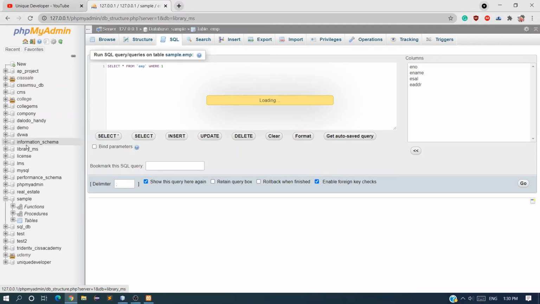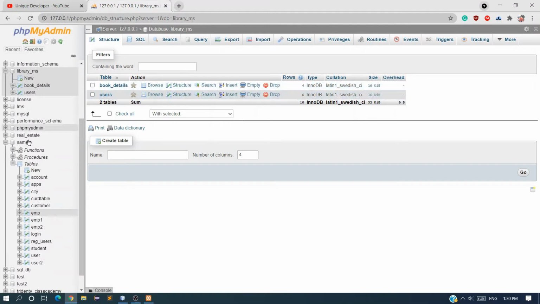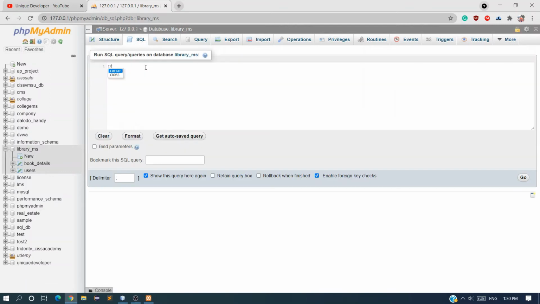You can see library MS, and we have already created two tables. Let me close this one. You can see we have two tables, book details and user details. Now I want to create another table, student details. So create table student underscore details,